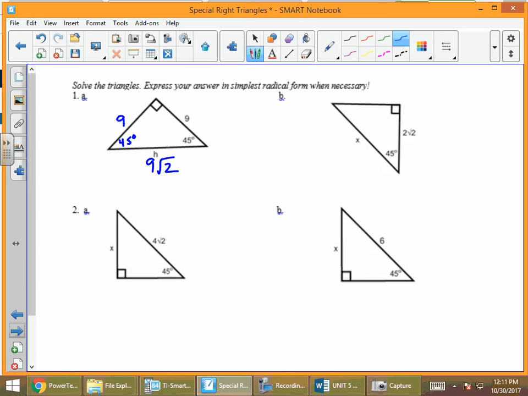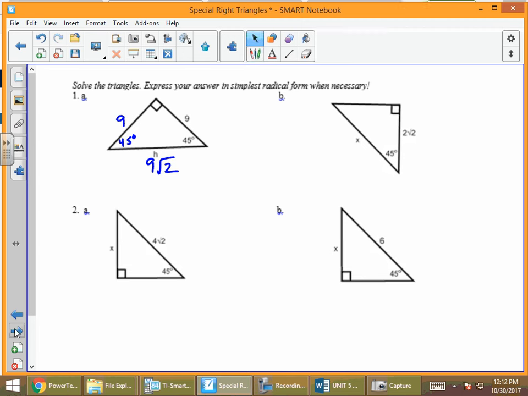Because if the angles are the same, we know the sides are the same. And if we know we have a 45, 45, 90 right triangle, we automatically know the legs are the same, no matter what. So whatever one leg is, the other one has to be that. Yeah, it's a 45, 45,